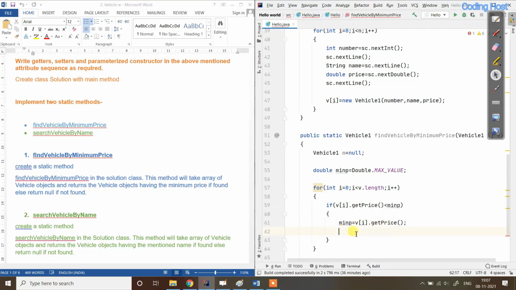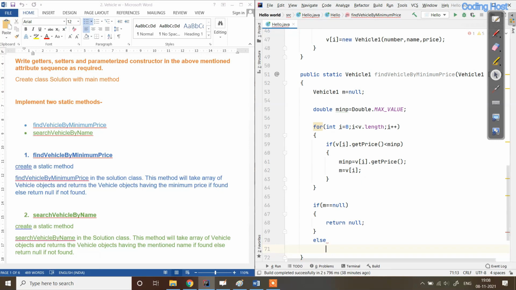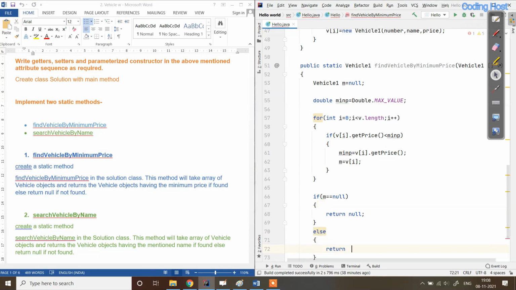I will store the object at index i in this m variable. So m equal to v of i. After that we also have to return something from this static method. If m equal to null, in that case we will return null, else we will return m.